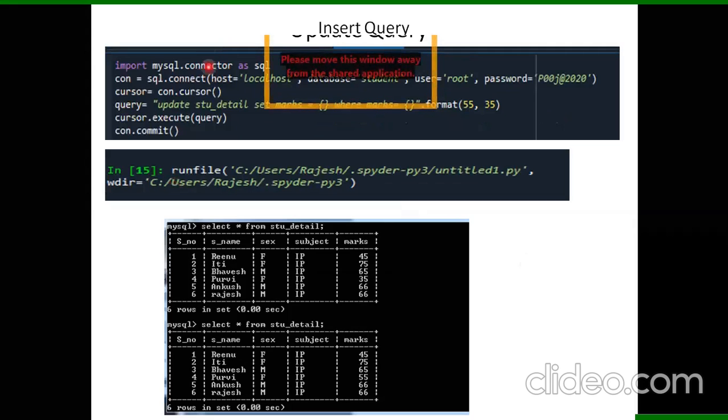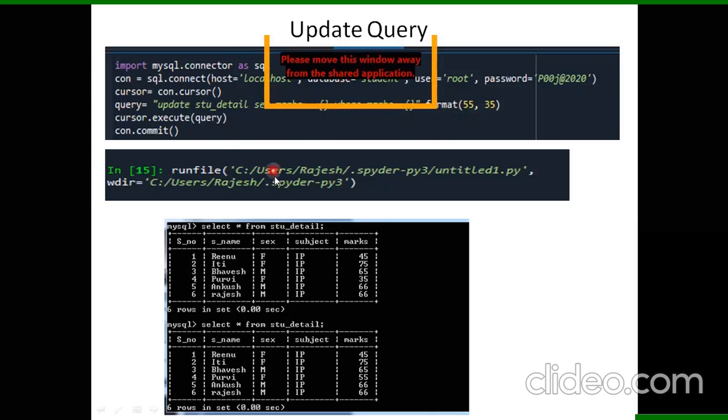In this example, you can see all the 3 connection statements are the same. Only the query has been changed, which says update student table, student underscore detail, and set marks equal to whatever. You can see the curly braces have been given, where marks should equal this. The update statement is the same. You already know how to write an update statement. I am just showing you how I have used it over here. I just wanted to update the marks of a person whose marks are like this. So wherever the marks is 35, just update it to 55.